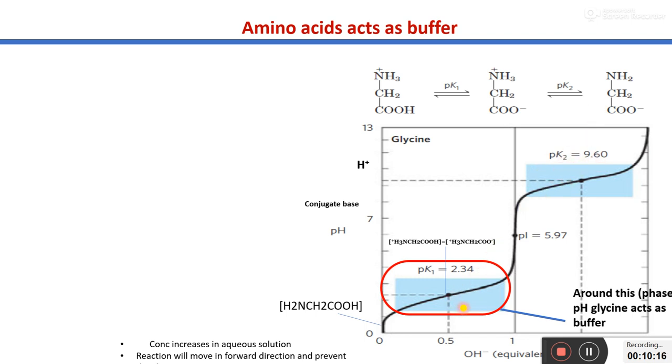It means when an amino acid moves from positively charged to Zwitter ion, the dissociation constant is pK1, and when it moves from Zwitter ion to negatively charged amino acid, the dissociation constant is pK2. So pK1 is the pH at which the concentration of the positively charged amino acid is equal to its Zwitter ion. So at this zone, when you add a small amount of acid